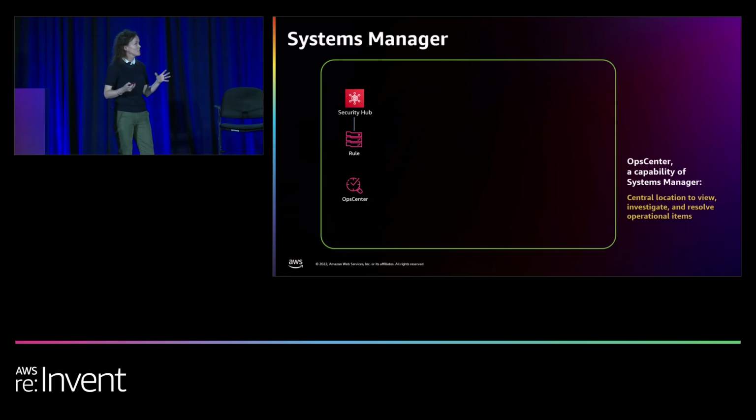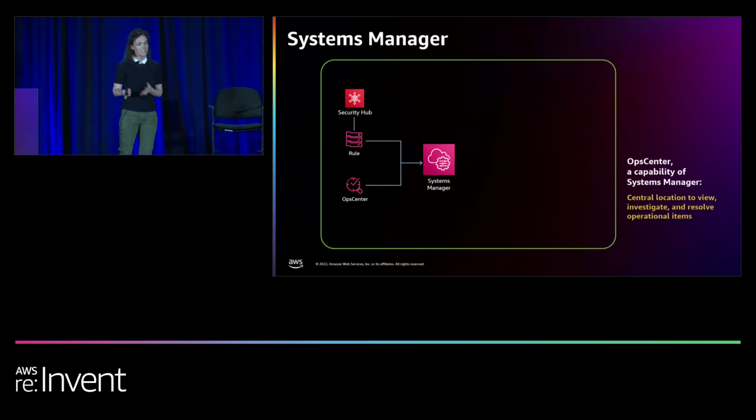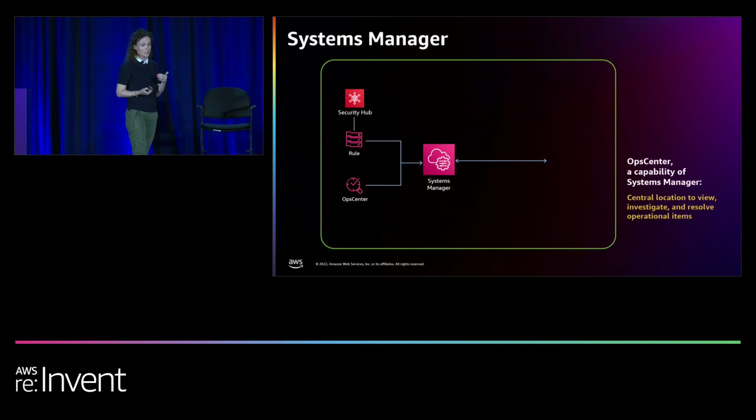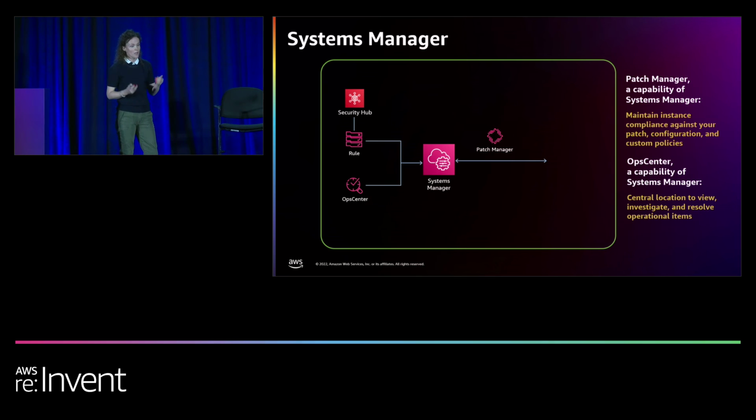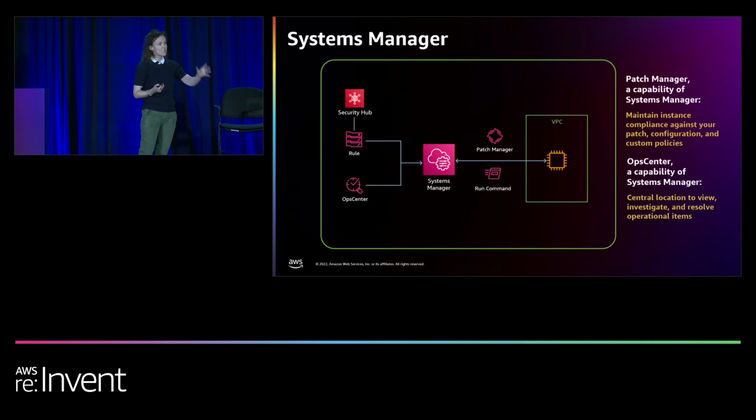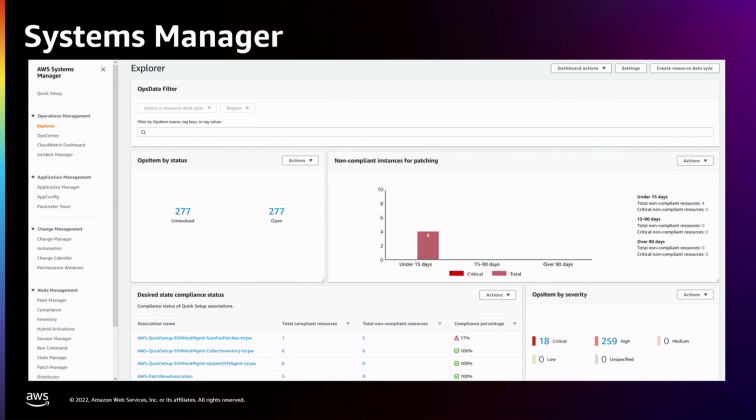And the Operations Center is a dashboard in Systems Manager, a central location to view, investigate, and resolve operational items. And so this instance could have triggered Systems Manager to then trigger Patch Manager to patch the instances and maintain the compliance of those instances. And this can be done with instances in your AWS environments, in your hybrid environments on premises, or edge environments. And so if we look into Systems Manager, first of all, what we see on the left-hand side